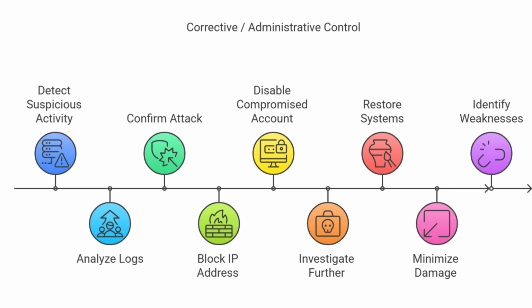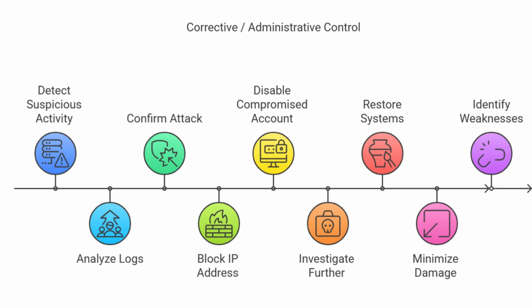Each layer has a specific role. Preventive controls, like firewalls, block attacks before they happen. Detective controls, like IDS, catch threats that bypass preventive controls. And corrective controls, like incident response teams, neutralize the threat and fix any damage. Organizations must continuously test, update, and improve their security controls. Cyber threats are always evolving, so security must adapt and stay ahead of attackers. A hacker only needs one weakness to break in, but a well-designed layered security system makes sure there are no